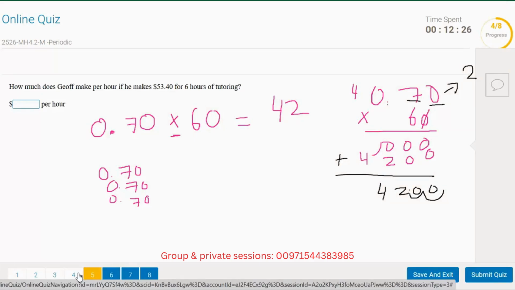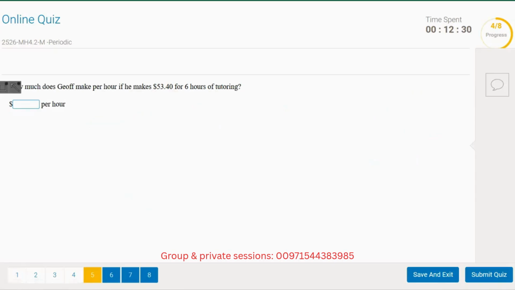So what I do with my students is that I also sometimes give them extra questions so they can practice at home and they can ask me as many questions as possible. What you can do is you can make up some questions by yourself. You can write the question in the comments and we can solve it together, or you can tell me where you're stuck. So how much does Geoff make per hour if he makes 53.40 for 6 hours of tutoring? Okay, now let's do this. 53.40